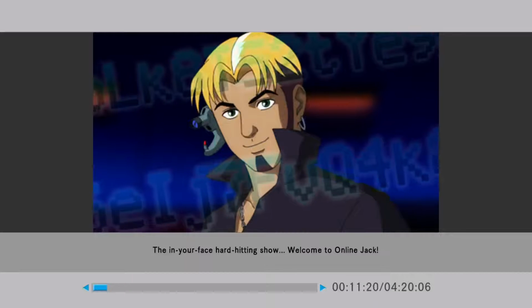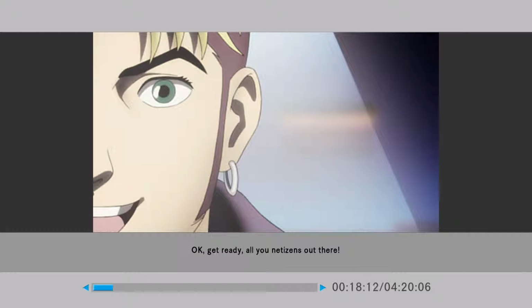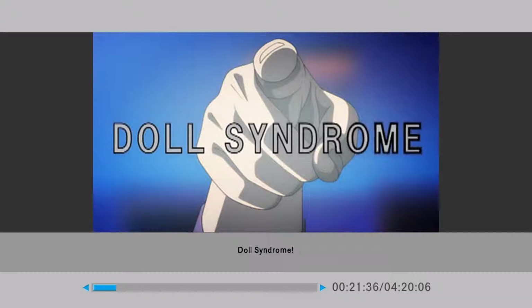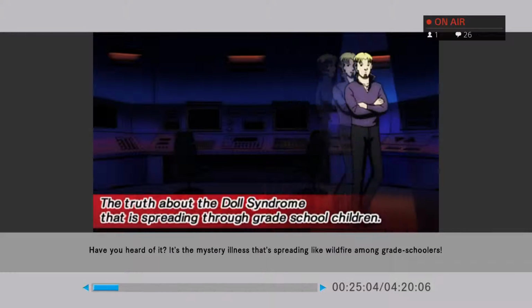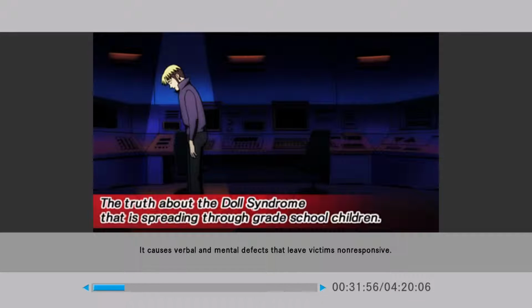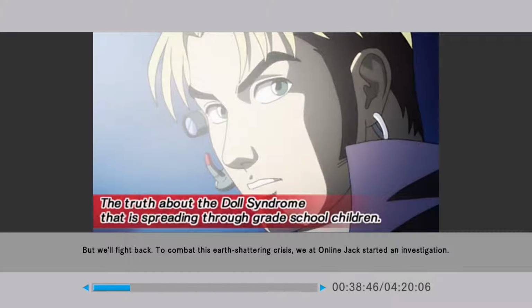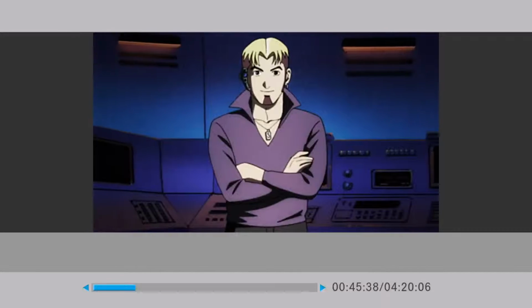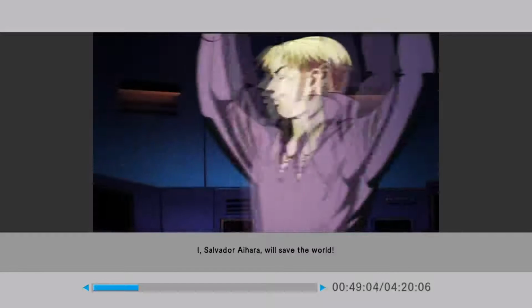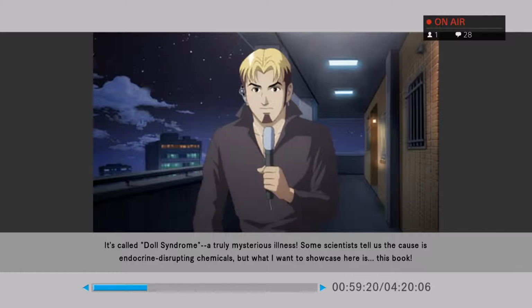Controversies in today's news. The in-your-face, hard-hitting show. Welcome to Online Jack. Okay, get ready, all you netizens out there. Today's Jack target is Doll Syndrome. Have you heard of it? It's the mystery illness that's spreading like wildfire among grade schoolers. It causes verbal and mental defects that leave victims non-responsive. That's right. This disease turns children into lifeless dolls. Oh no! But we'll fight back. To combat this earth-shattering crisis, we at Online Jack started an investigation. I, Salvador Ihara, will save the world! It's called Doll Syndrome, a truly mysterious illness. Some scientists tell us the cause is endocrine-disrupting chemicals, but what I want to showcase here is...